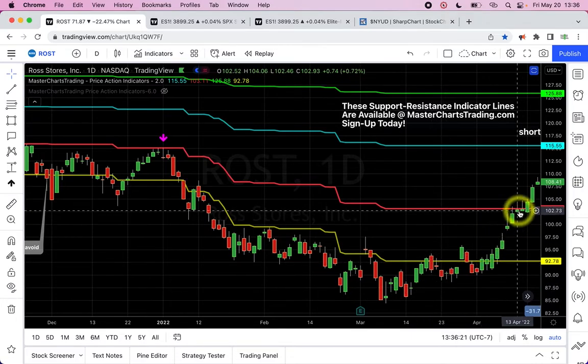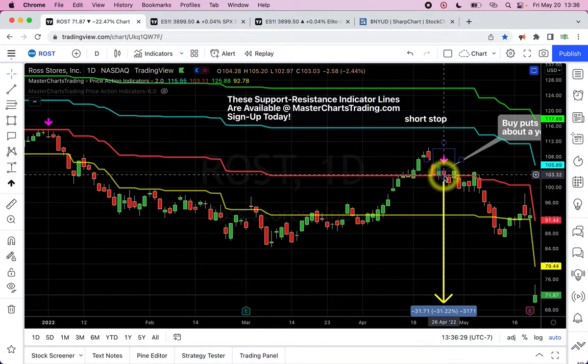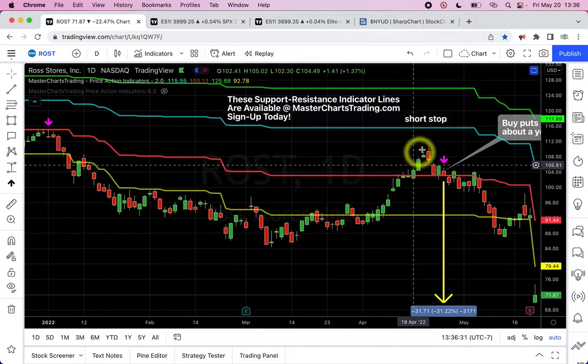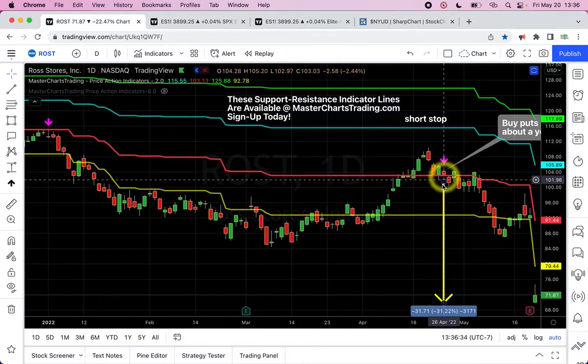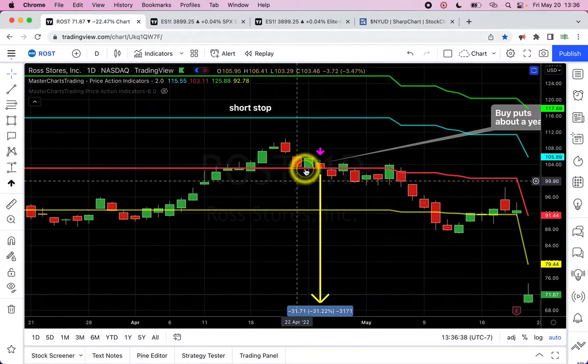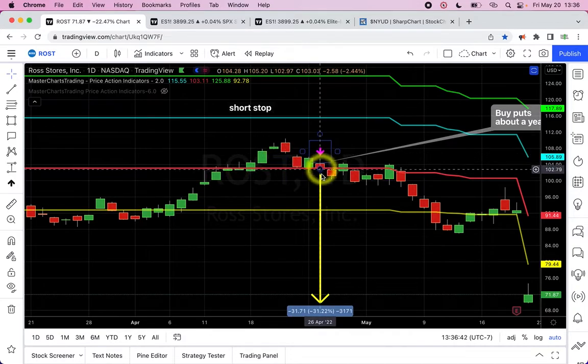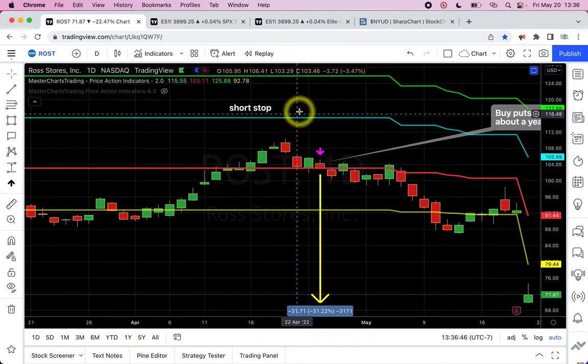right there where I'm hovering on 13th of April, and I would have probably just done nothing at this point. However, a few days later, on 26th of April, we got our signal again to sell short. Why? There's the signal, because the price came up above the red support resistance line and then closed below it, right there. If the price continued higher towards the blue line, I would have said, okay, we're no longer